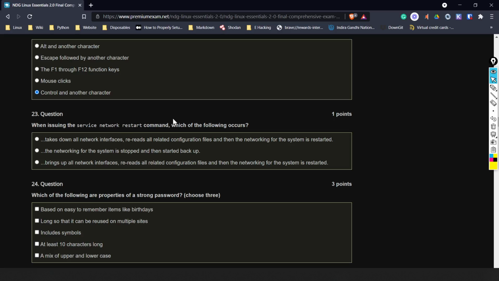Service network restart just restarts the whole network, takes down everything, and then restarts the whole service, re-reads the configuration file, everything. If you make a change to a configuration file right now while the network is running, it won't do anything. So if you restart it, all the interfaces would be down and everything. Okay, so that's like physically doing it. If you do a reload only, it will just simply read the configuration file, so you don't have to take the network down. That brings up, like, it takes down all the network and then reads